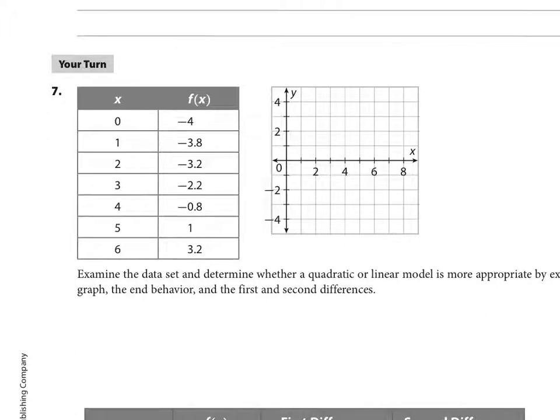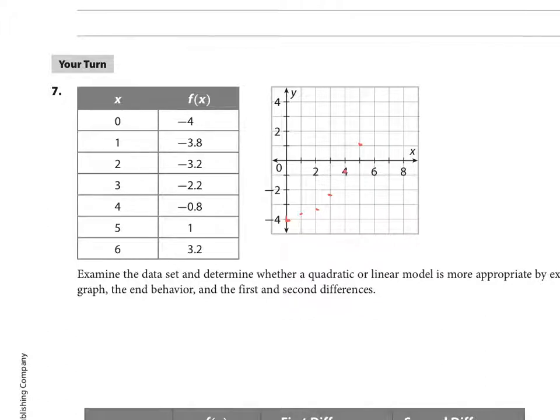So we have 0, negative 4, 1, negative 3.8, and 2, negative 3.2, and negative 2.2, and 4 is negative 0.8, 5 is 1,